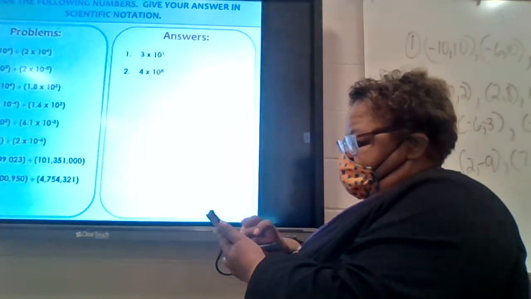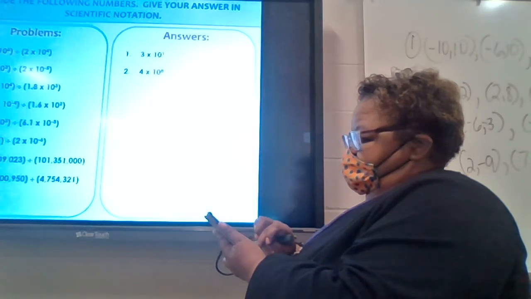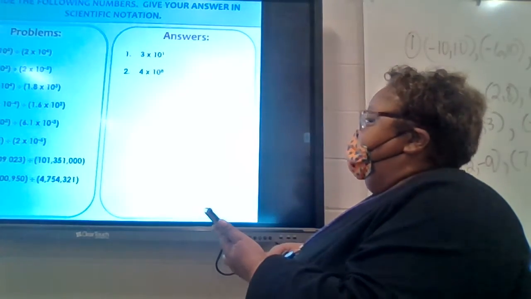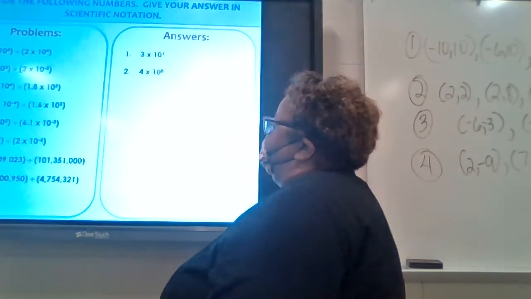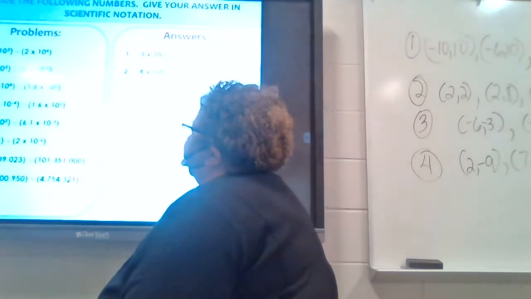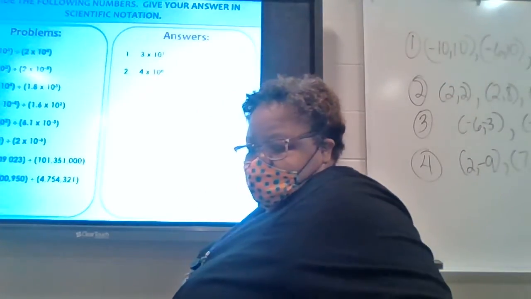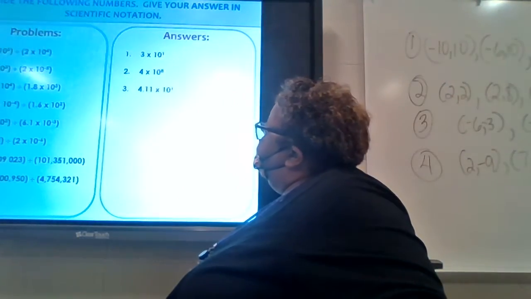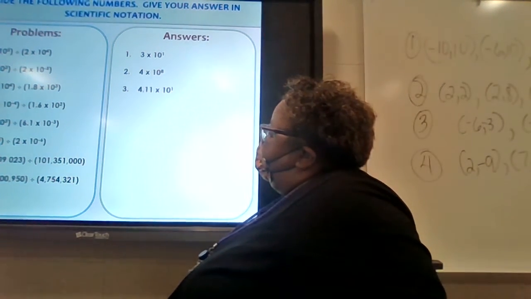So 7.4 divided by 1.8 is 4.111111. Okay? Looks like a repeating decimal. And then 4 minus 3 is 1. So I should have 4.11 times 10 to the 1. So number 4,